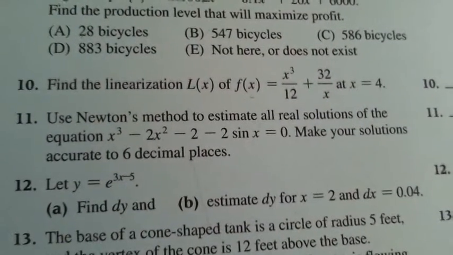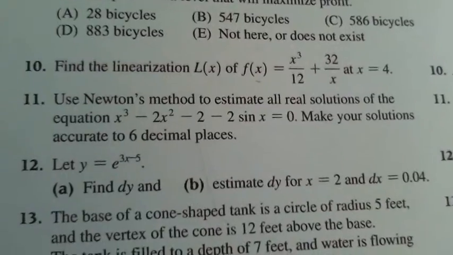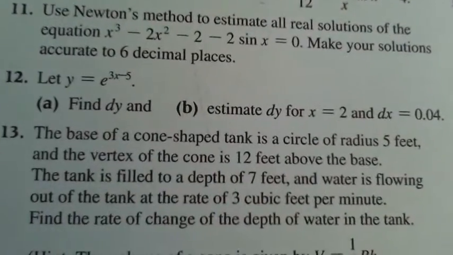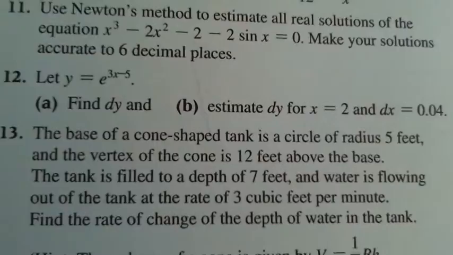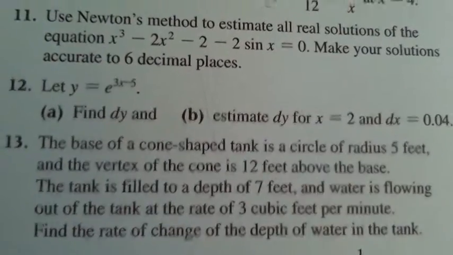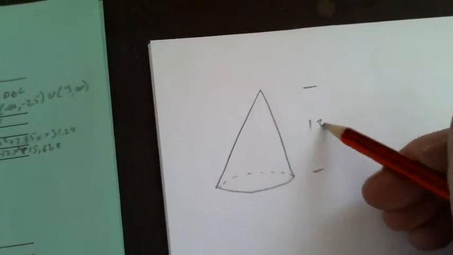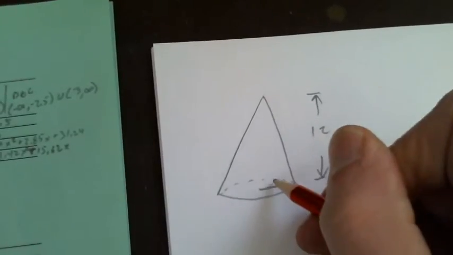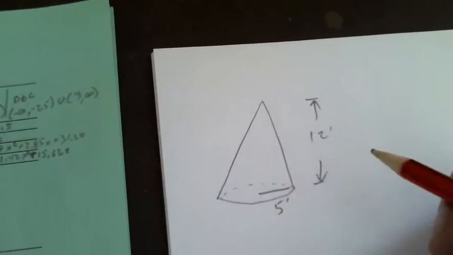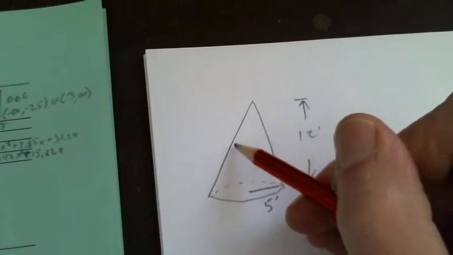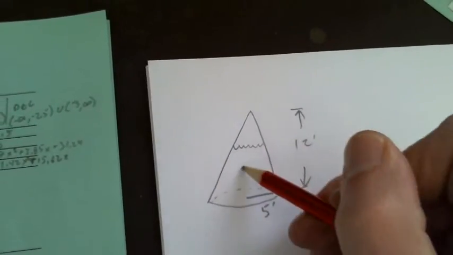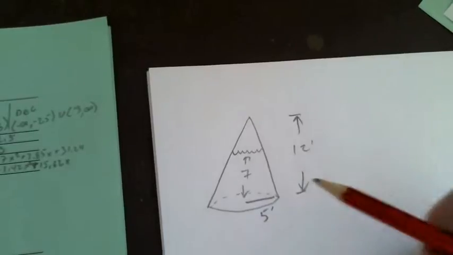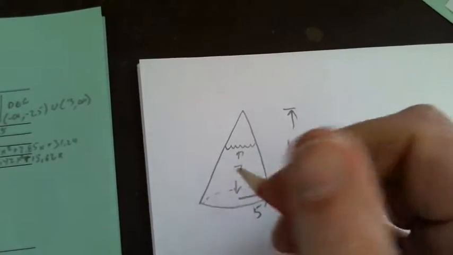That's right. All right. Base of a cone-shaped tank. Vertex of the cone 12 feet above the base. So we're talking about a cone-shaped tank like this. Vertex is 12 feet above the base, and radius of 5 feet. Tank filled to a depth of 7 feet. And water flowing out of the tank